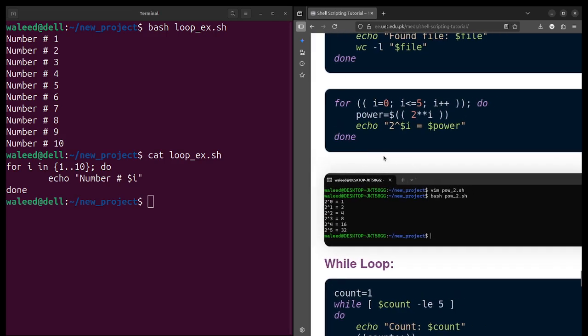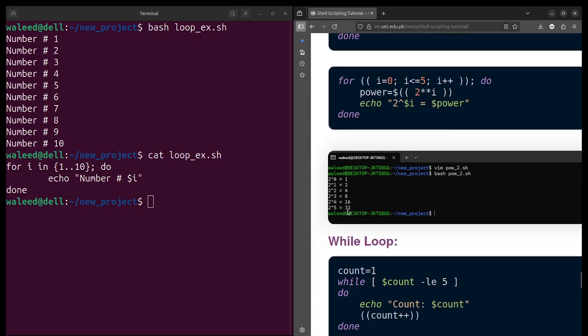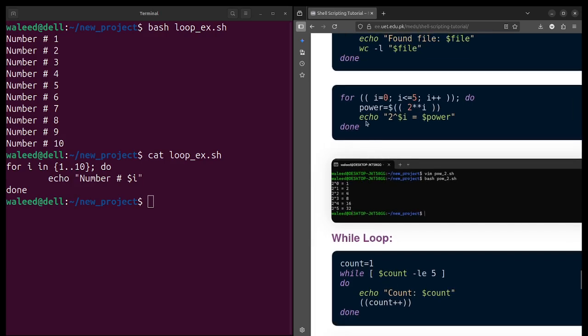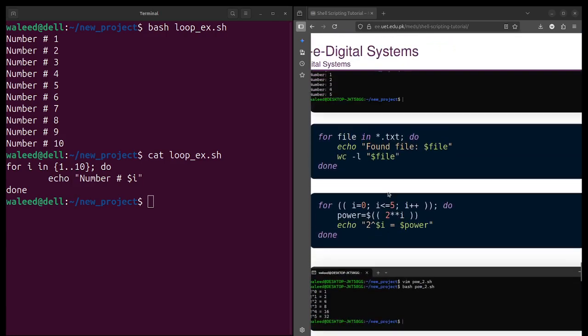For example, in the first one, as I is equal to 0, it will print 2 power I, which is equal to 1, and in the next line, as I is equal to 1, it will print 2 power I, which is 2, and so on till 2 power 5, which is 32, and at the end it simply prints it. As a result, you have seen the powers of 2 from 0 to 5. So those were the examples of for loops that I have given.